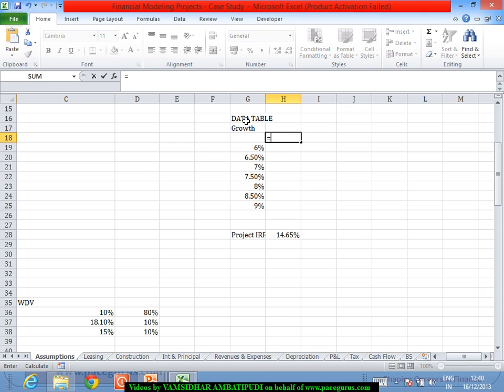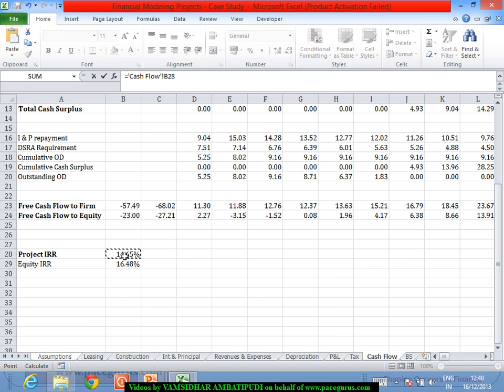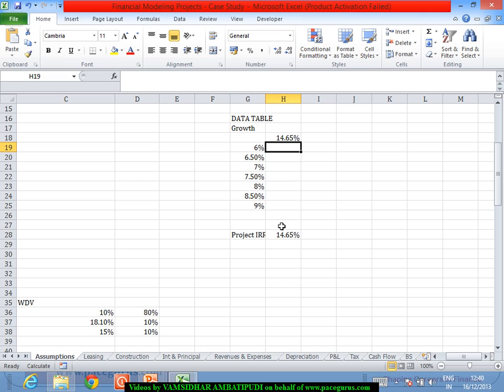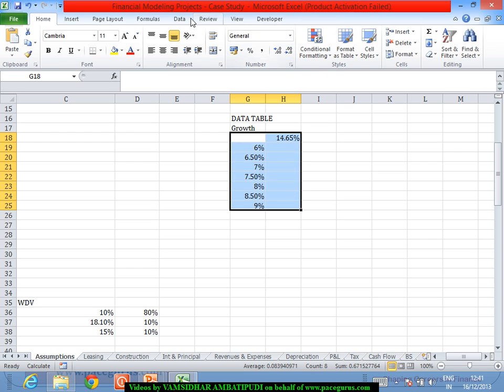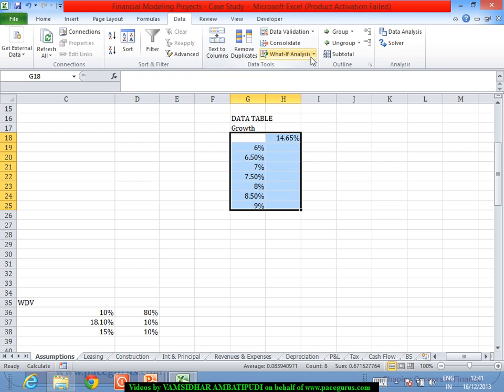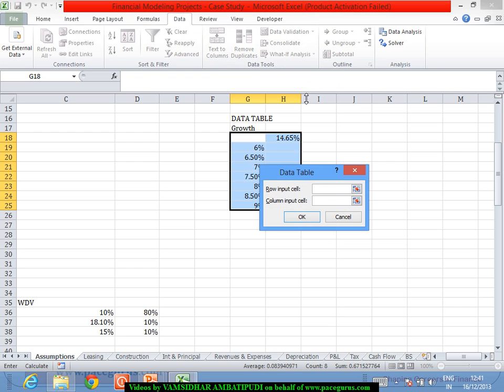point out to your output variable. So probably you can very well point it out to this output variable called project IRR. Right, here itself one cell up and one cell to the right, you highlight your project IRR that you want to track. Then you select this entire area, go to this data table, get into the data table,